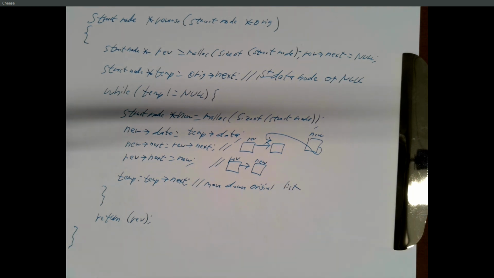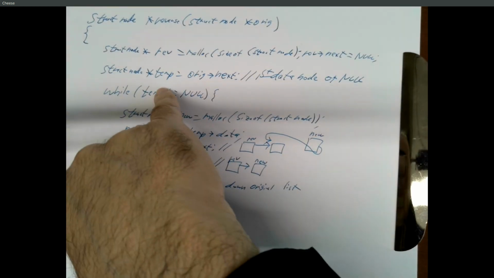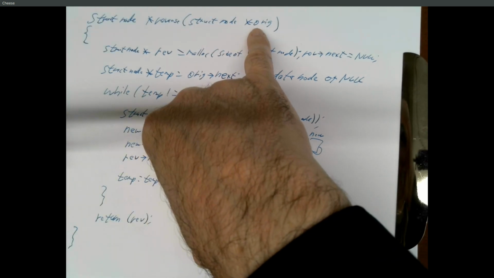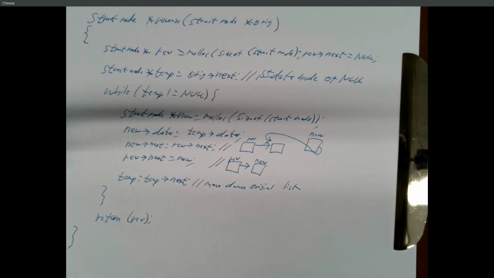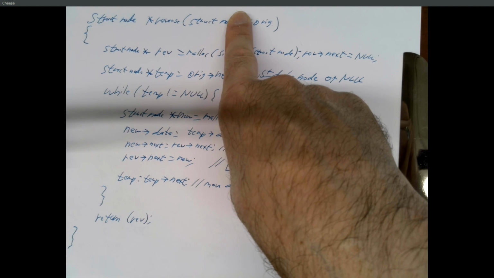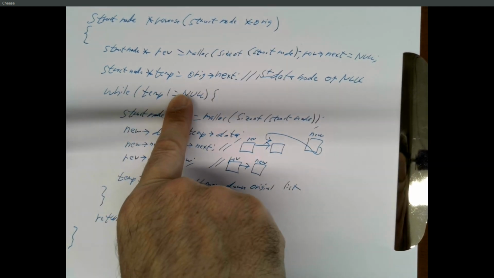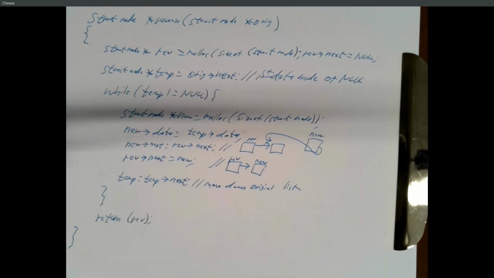So things to think about, right? We don't need a temporary node pointer. We can actually use original as our temporary because everything is passed by value. If I change the value of orig in this code, it's not going to change anything in the calling program. If I change star orig, that's a different story. But orig itself is just a temporary variable that holds a memory location. So I could actually use original equals original next while original is not null, original equals original next, and so on. So you'll see that sometimes.